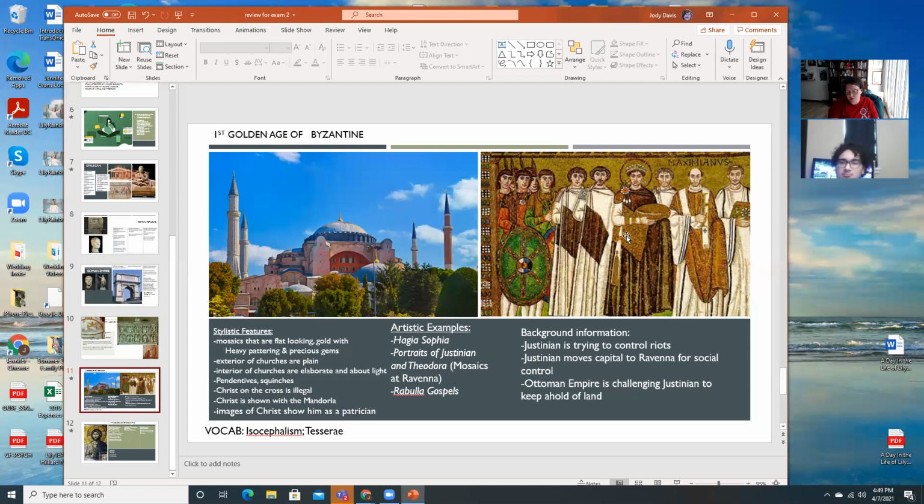And of course, he picks certain locations within the empire, and he does it very strategically. Those locations that he picks are either important points where he wants to exercise his control, or they're places that have had problems with uprising. And because of the problem with uprising, he needs to show some sense of, I have some control. So because of that, he builds these big, huge churches. And of course, one of them is Hagia Sophia.